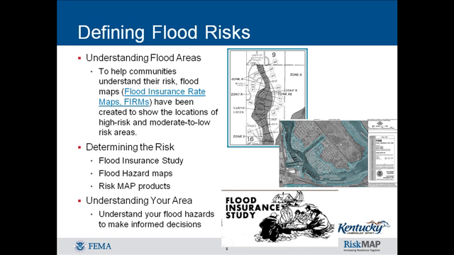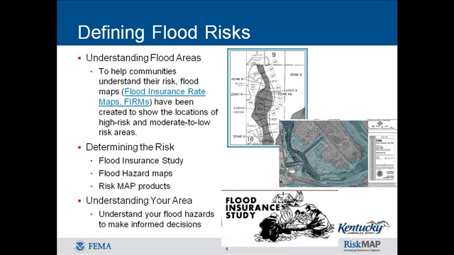In moderate to low-risk areas, the risk of being flooded is reduced, but not completely removed. These areas, shown on maps as X or shaded X areas, are outside the 1% annual flood risk floodplain areas, so flood insurance isn't required, but it is recommended for all property owners and renters.